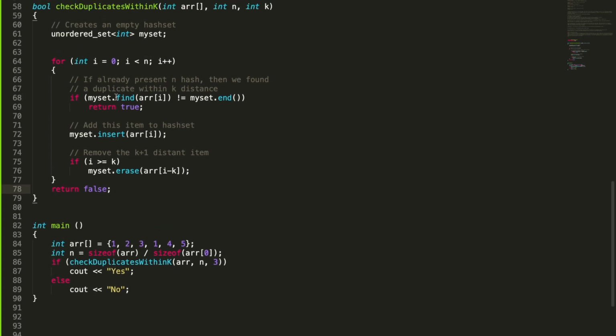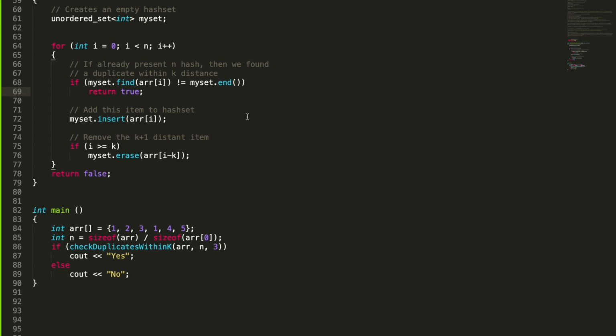For example, let's just see a dry run here. Also one more thing: for the find function, we can either find a single element, or we can even use a range version available in find, right? Okay, let's dry run the code. So our input array is 1 2 3 1 4 5. This will go in as the input array, then the size, and 3.